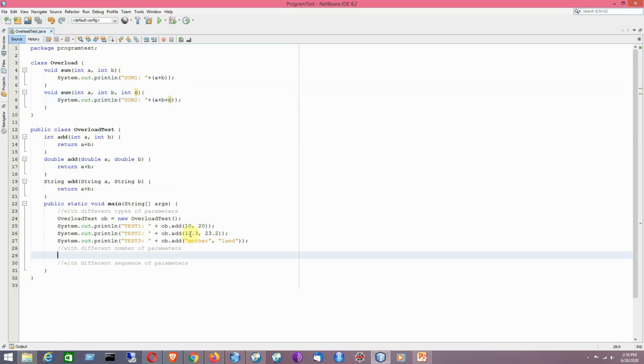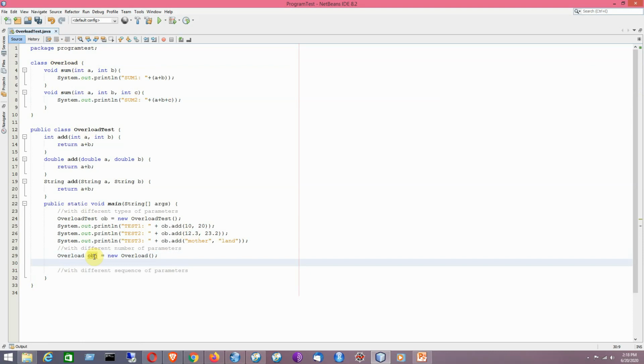Now I will create an object of this class so that I can call them by using the object references.